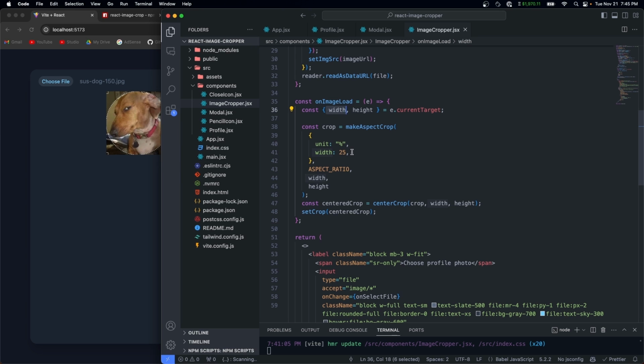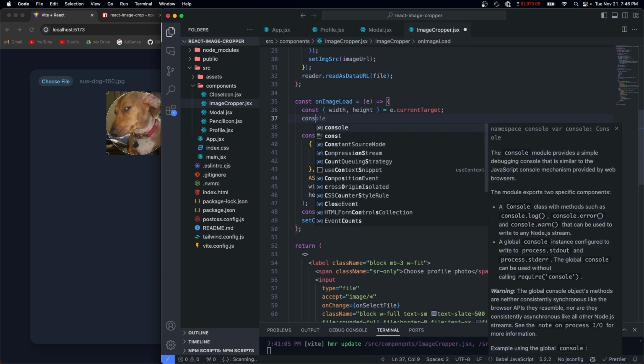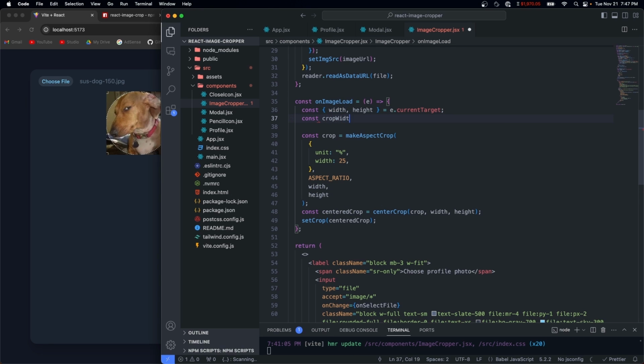So instead of hard coding this to 25, we need to dynamically calculate the width that we need so that this width is always at least 150 pixels. To do that, we can divide 150 by the width of the image and then multiply it by 100. So let's declare a variable called crop width in percent. And that's going to be equal to the minimum dimension, which is 150, divided by the width of the image